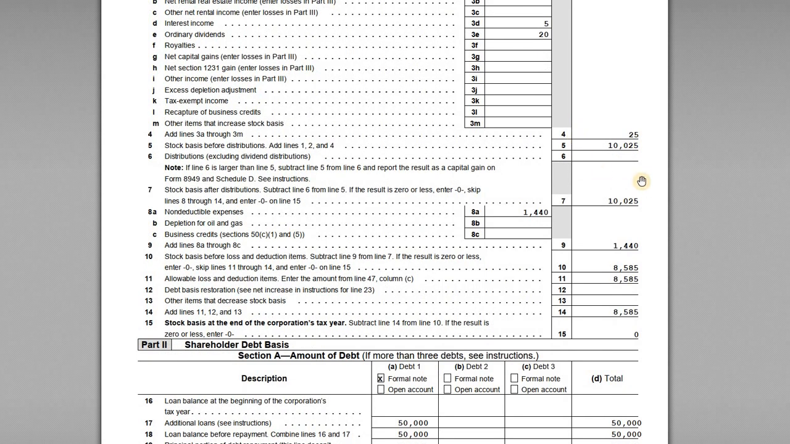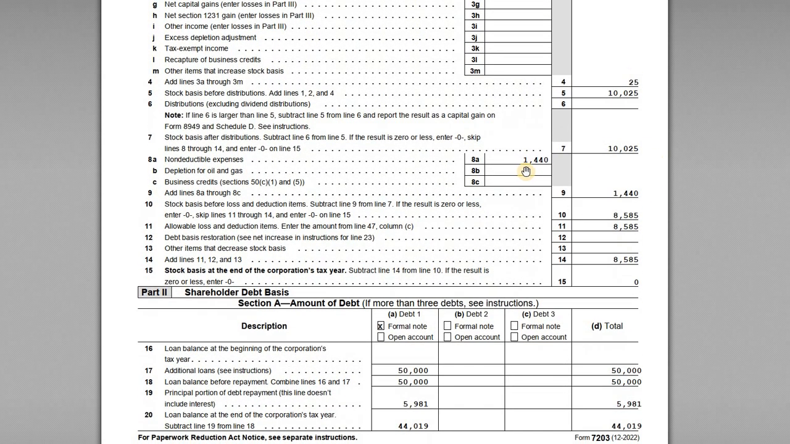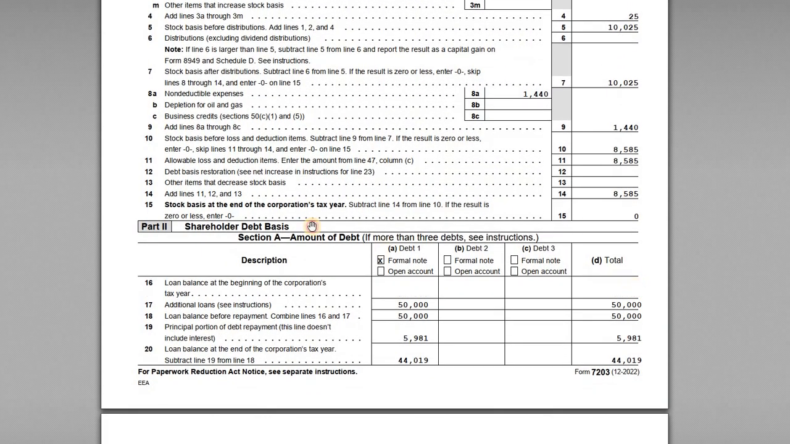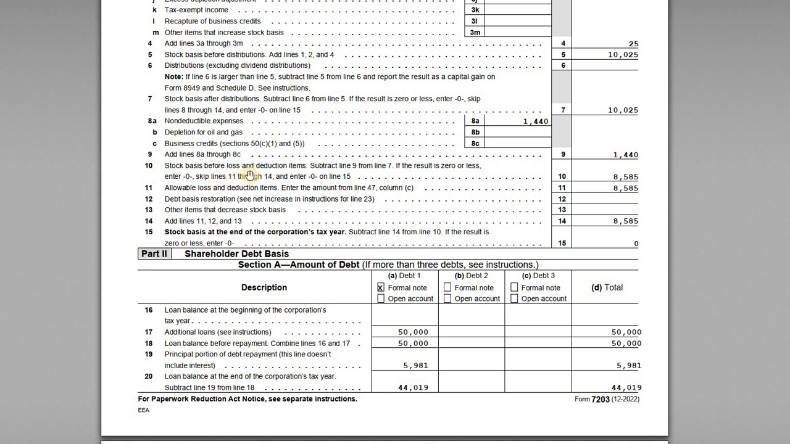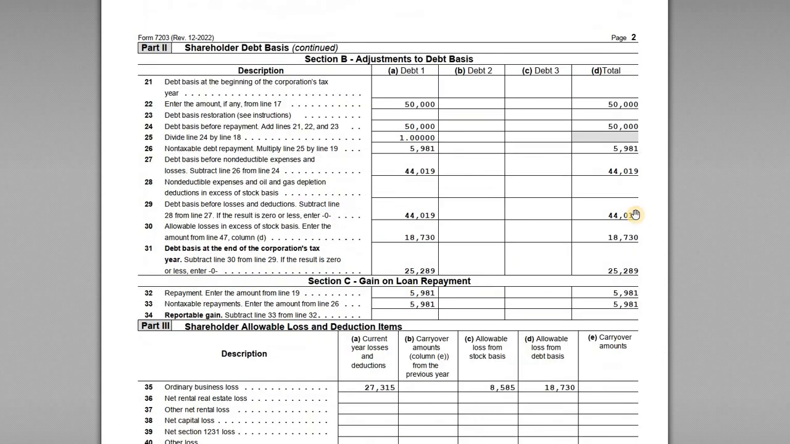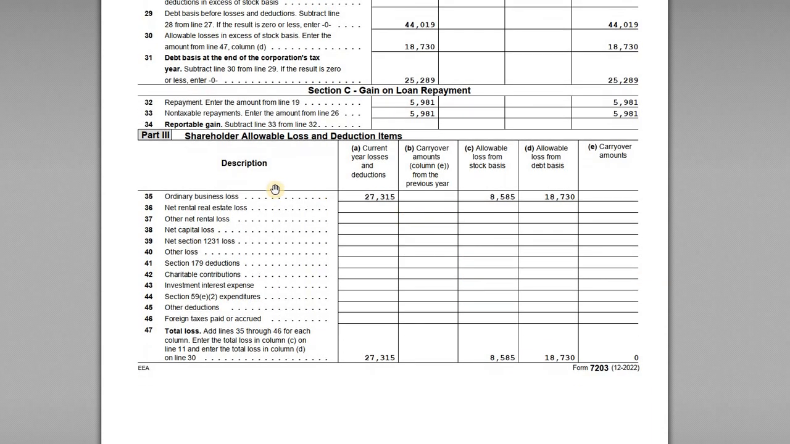So we have $10,025. It's reduced by the non-deductible expenses, $1,440. And then we have down here the stock basis on line 10 before loss and deduction items is $85.85. Now, once you have that number, you would jump down to Part 3 and figure out how much can actually be claimed. So when we look at Part 3, the allowable loss and deduction items, we're working right now with just